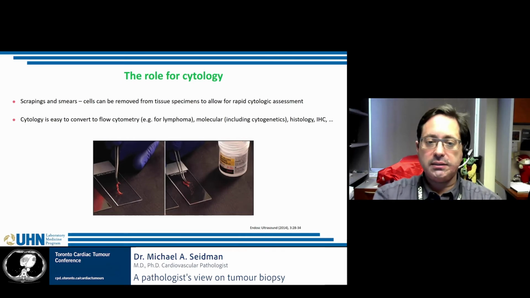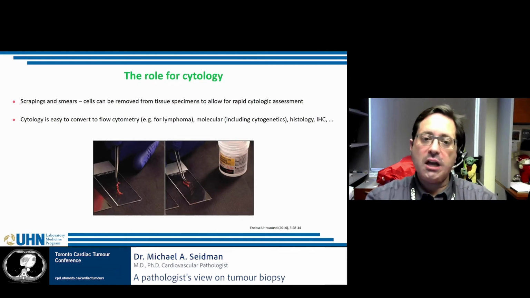But what can be done is the tiny piece of tissue you send us, such as the needle core seen on the images there, can be dragged across a slide or tapped onto a slide several different times to generate either a touch prep or a smear, where enough cells are taken off to provide for a rapid assessment similar to a fine needle aspirate. It is also possible with a larger section to run a glass slide across the lesion, such as a several centimeter tumor, like the one shown on the first slide, and spread those cells across a glass slide